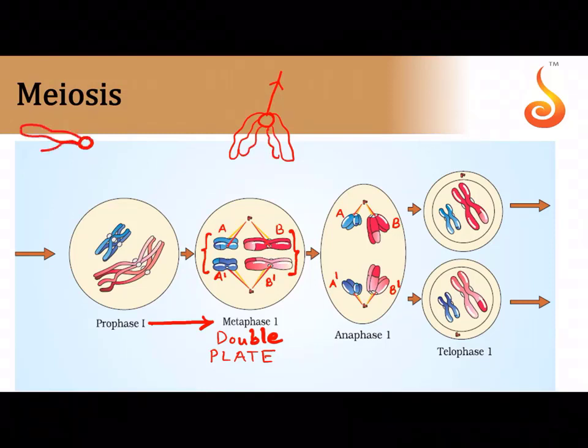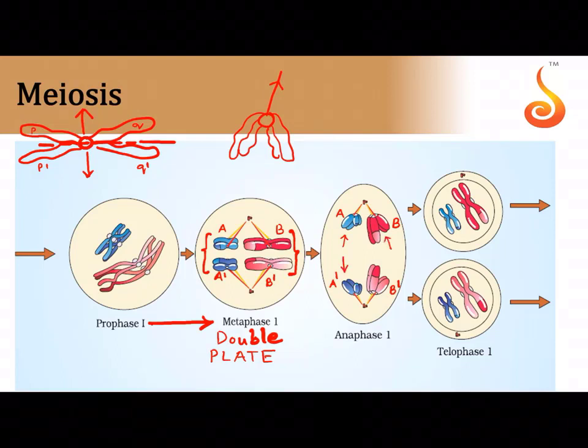But in mitosis we saw during anaphase, I had told you that if this is the chromosome, the centromere splits like this, and when the centromere splits, the P and the Q arm, one of the sister chromatids gets pulled apart from the other sister chromatid, that is P dash and Q dash. But here there is no splitting of the centromere, there is only separation. A gets separated from A dash, B gets separated from B dash. This is referred to as segregation.